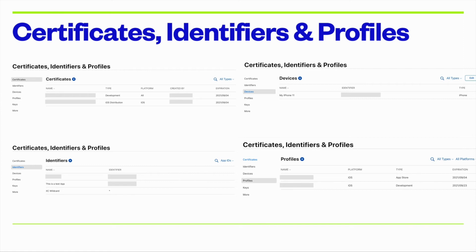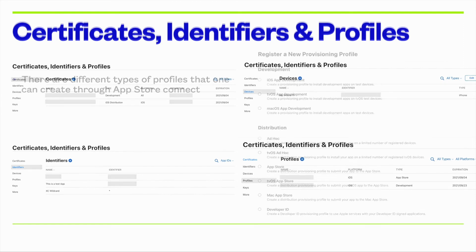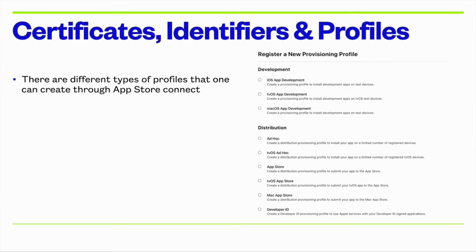In the same way, if you look at the provisioning profiles, there are defined types of profiles that you will be able to create, which again means you can have an App Store profile or a development profile. To look in a little more detail at the different types of provisioning profiles, you will be able to create development and App Store profiles generically for all the platforms, or you can choose to get profiles specific to a particular platform as well.